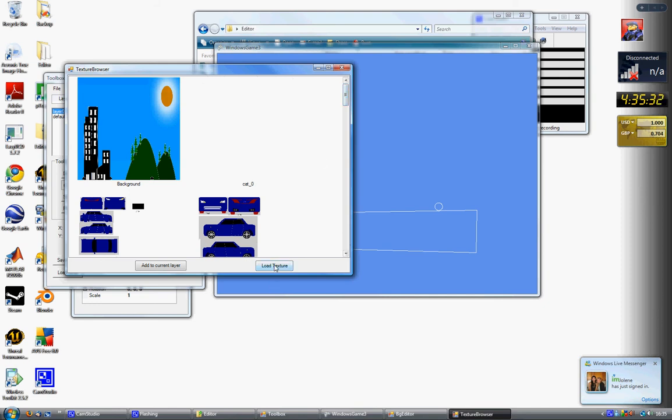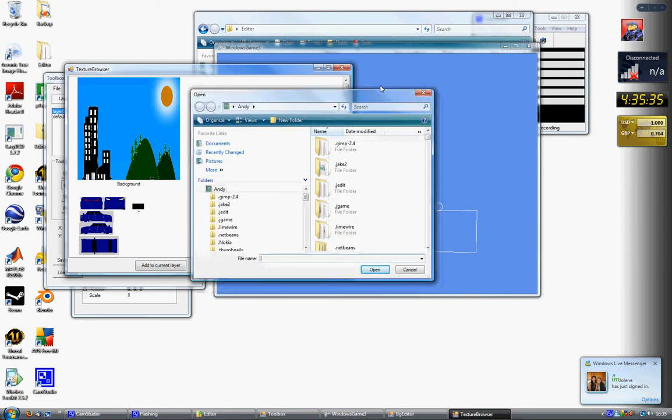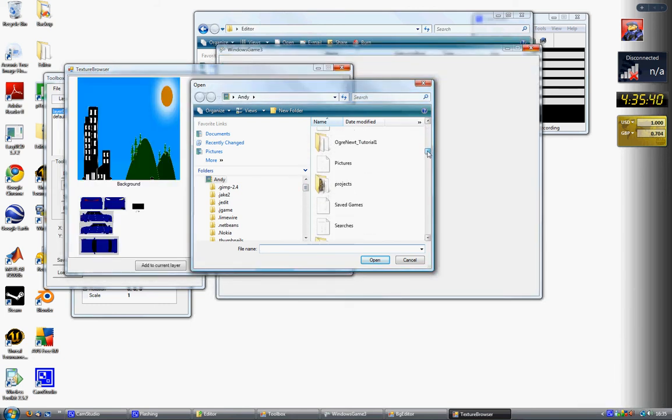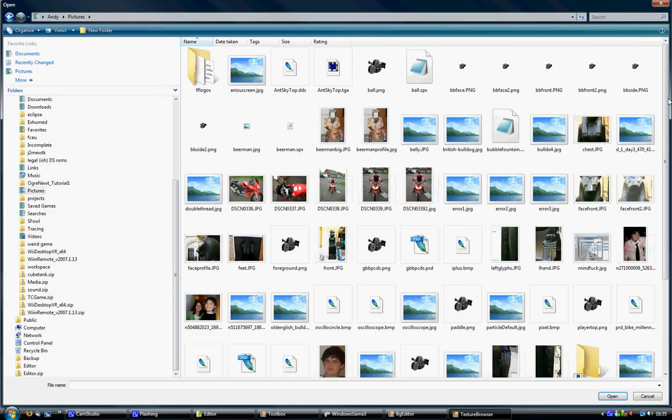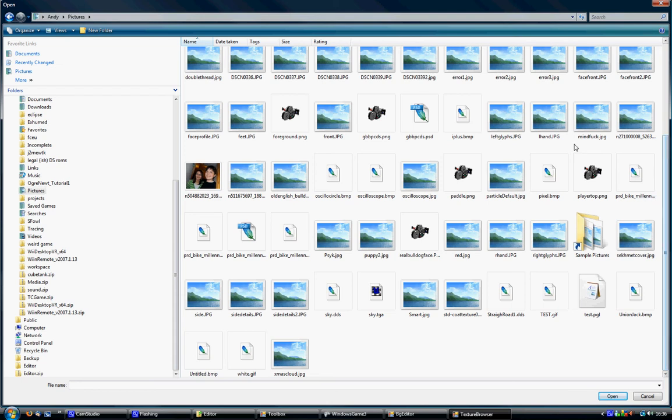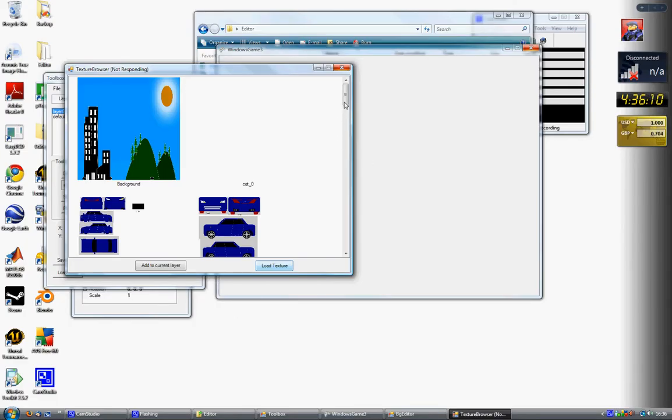That opens this dialog box. You can find any pictures you want. I'll try and find something that isn't too embarrassing. Let's see. Okay, let's have this one. Maybe that is quite embarrassing. You get to see what I look like. Okay, so click Add Current Layer, and we'll